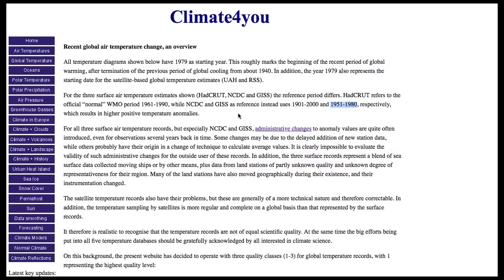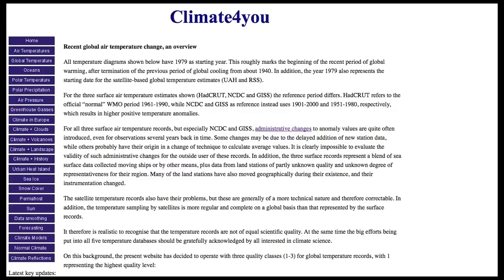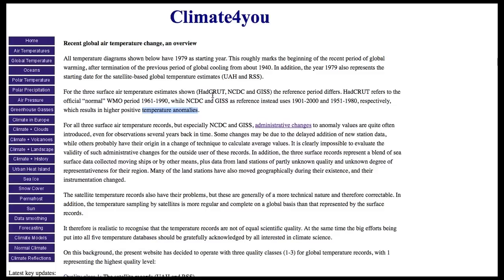Okay, again, there's a lot of stuff to go through here. For example, the fact that, as we say, it's very, very difficult to come up with a global average temperature, a number that somehow reflects the average temperature of the planet. So in these types of temperature charts, you will always see them presented as temperature anomalies, i.e. the difference between the current temperature and a given period, 1901 to 2000 or 1951 to 1980. So they're trying to look for temperature anomalies more so than an actual global average temperature. And these are the types of records that they're looking at: UAH, RSS, HADCRIT, NCDC, and GISS.